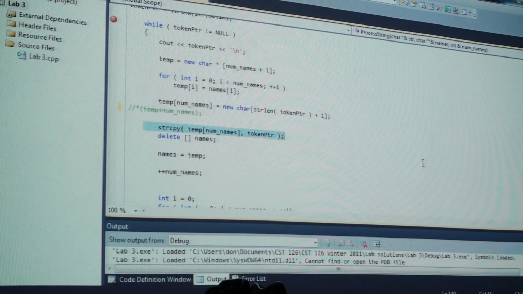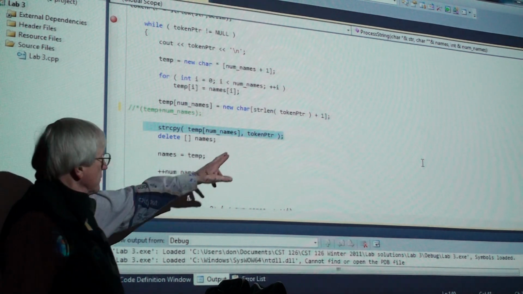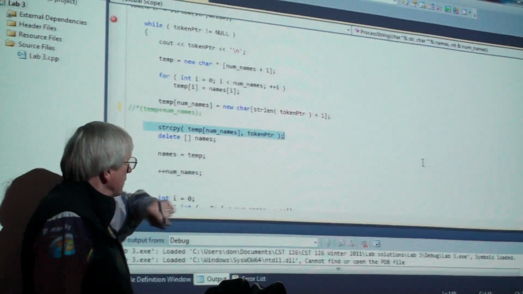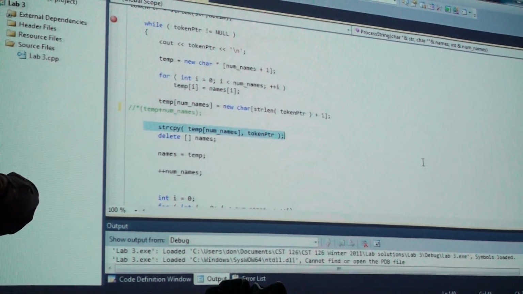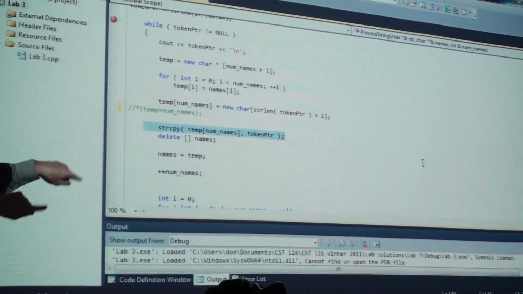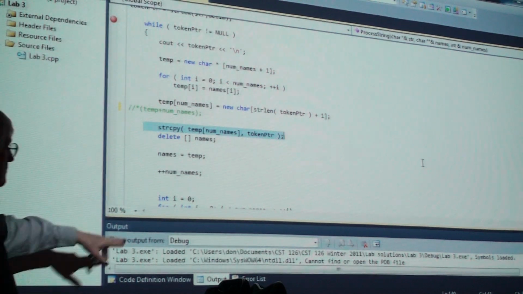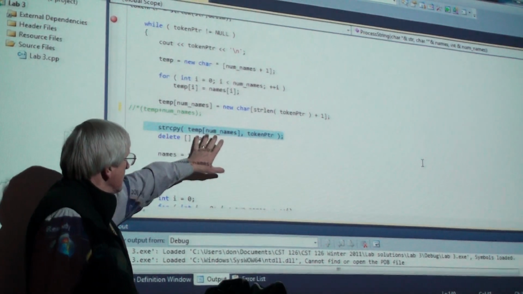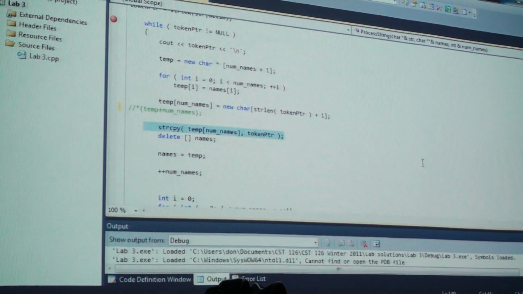String copy. Keone, what do we do here? Take the content of the token pointer and put it into temp[num names]. Now, could I use this notation here instead of what I have? Yep, I could, exactly that same notation. And we're still pointing at this spot. Okay? So, as a result of that,